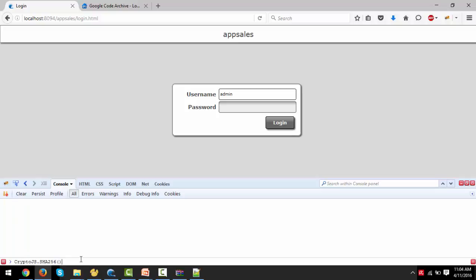and I can put the string of text admin, and I'll just show that into a string. Okay, here it is. So I input the string admin, and here is my hash. So I will use this on this password field to put that into the login variable. So I'll just copy this,